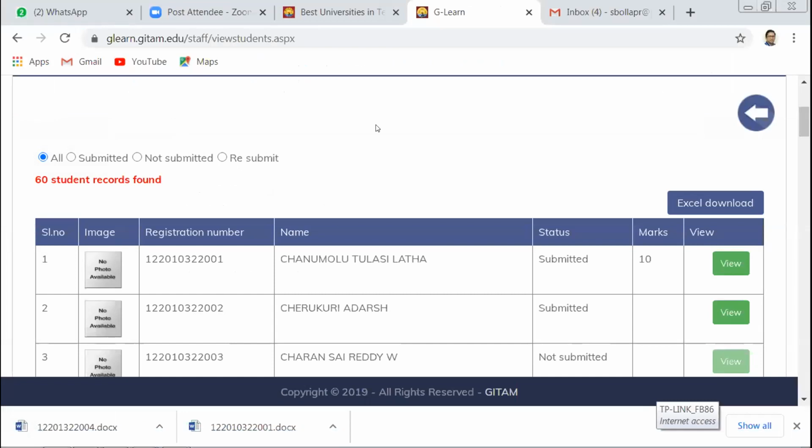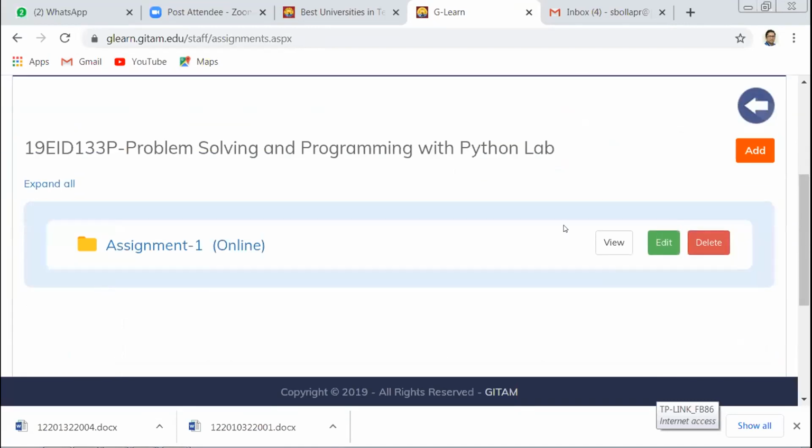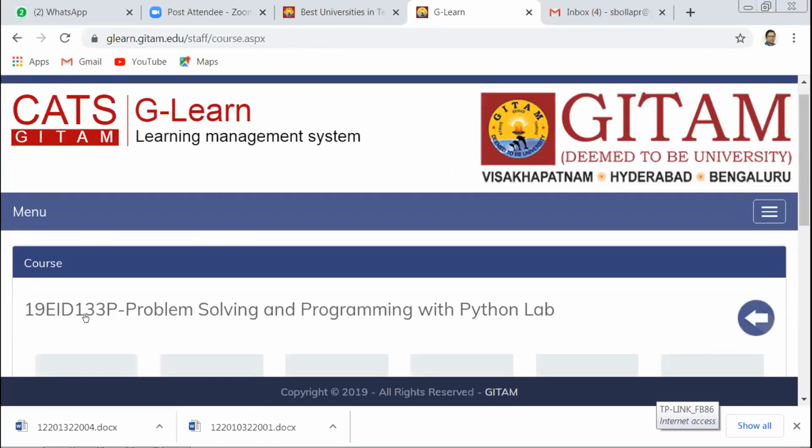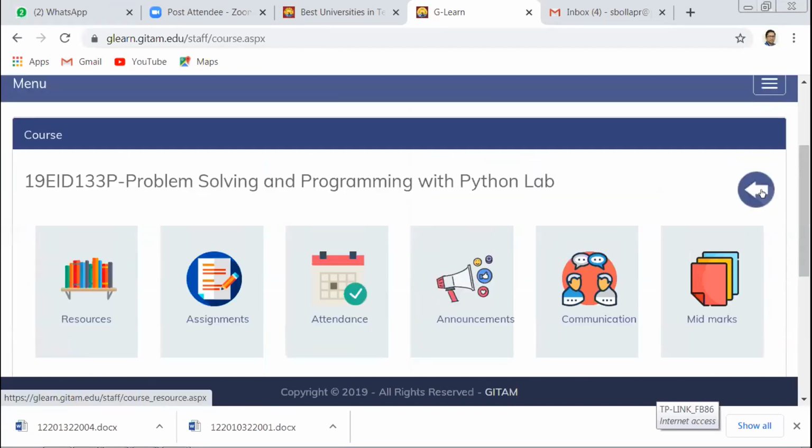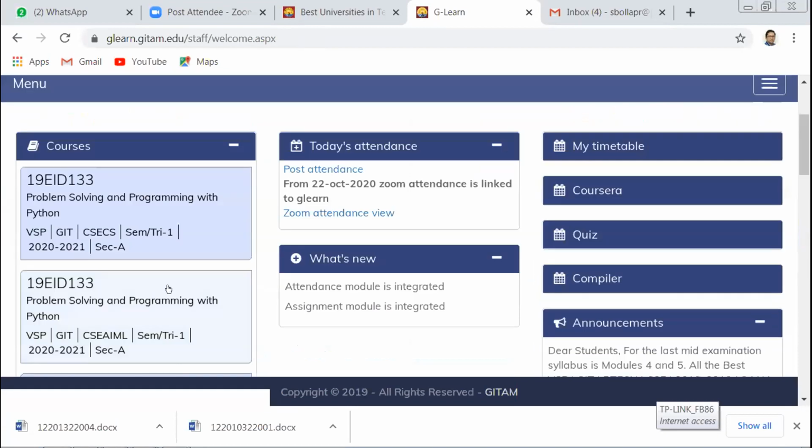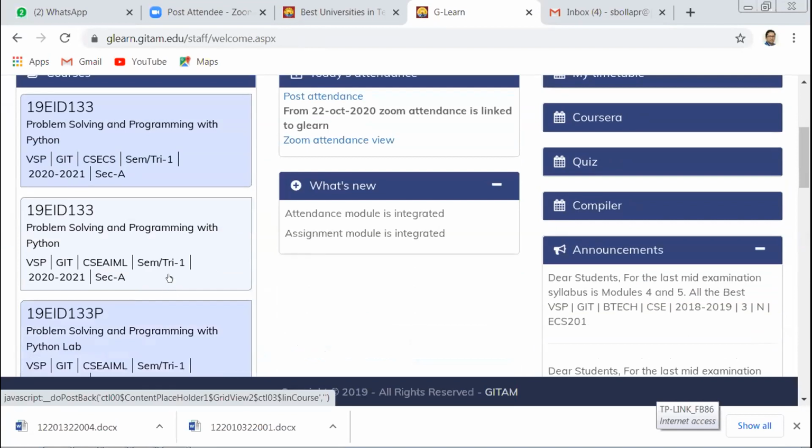So if there are no questions from your end, you can leave. Sir, do you have any class videos, sir? The last 3 classes, everything I kept in GLearn, no? Class videos, everything, it is there under the theory part. You are from which section? B22, sir. Artificial intelligence and machine learning, right?